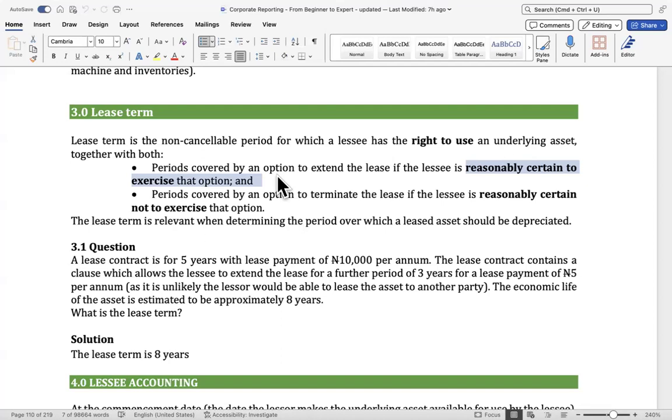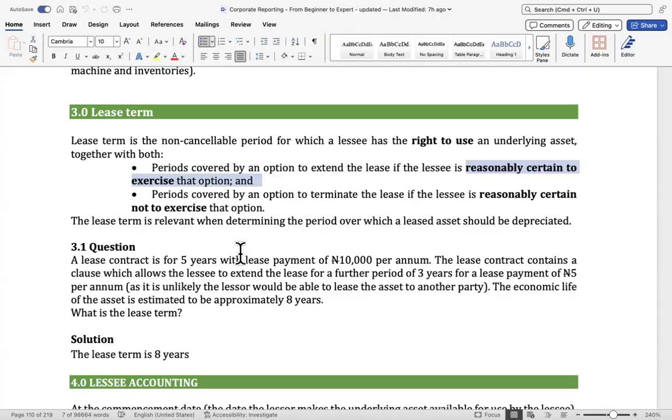So if the original lease term is 5 years and they agree that after 5 years, it can be extended by an additional 2 years, and at the inception of the lease, the lessee is reasonably certain, and it can only be reasonably certain if it is favorable for him to extend,